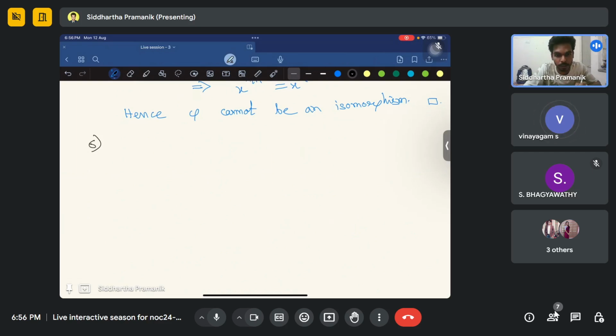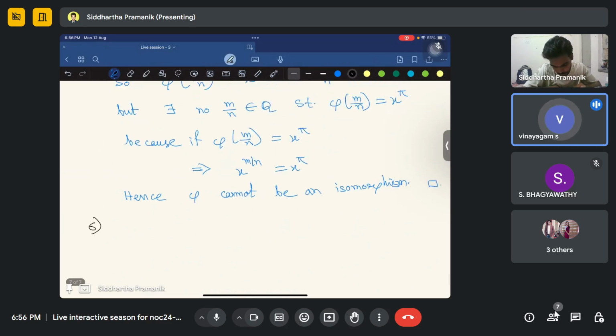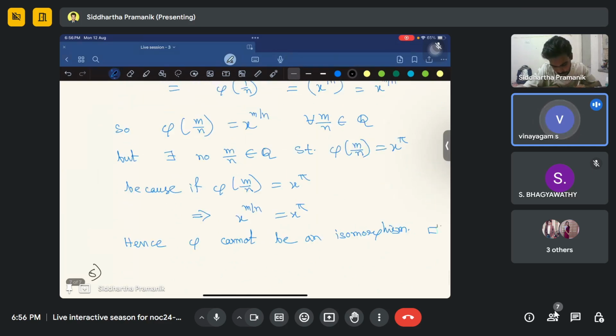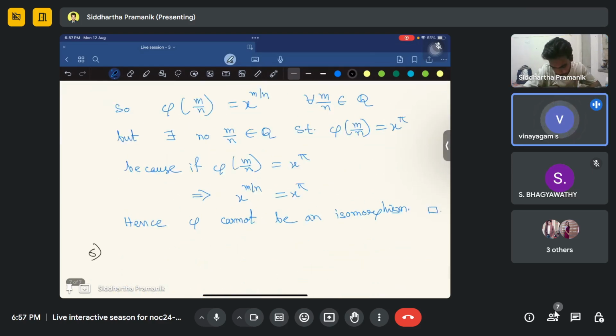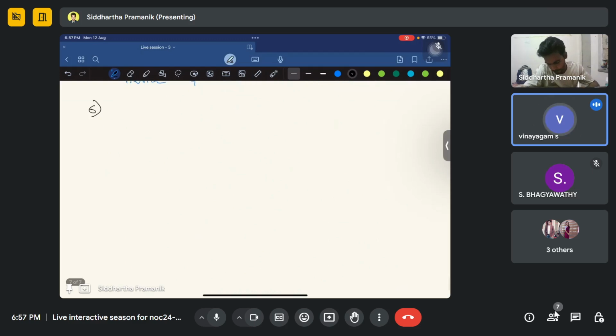Actually, that depends on the groups. You cannot say it for all groups actually. No, actually for few groups only we can say, but not for all groups. Okay,